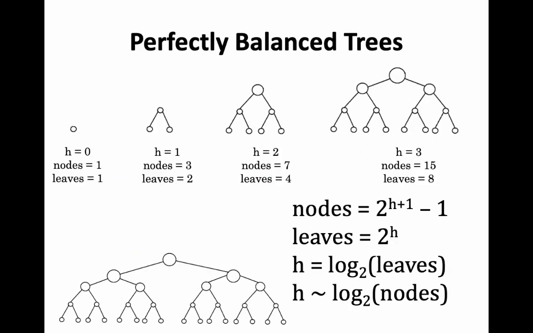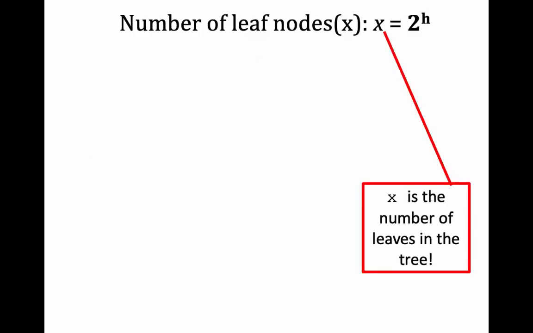Okay, so if the nodes that we have in a tree were 2 to the h plus 1 minus 1, and that h was our height, then the number of leaves in our tree is 2 to the h. And if we rewrite that, we can see that h is equal to log base 2 of the number of leaves. And so h is about equal to log base 2 of the number of nodes, because there's just about twice as many nodes. So if we have the number of leaves in the tree as x, we know that x